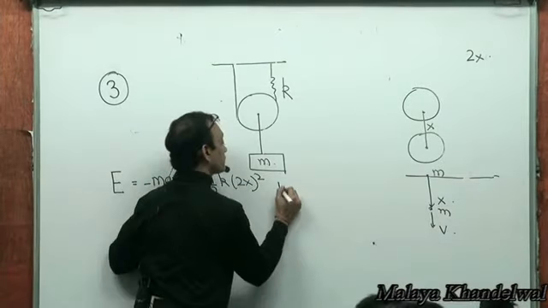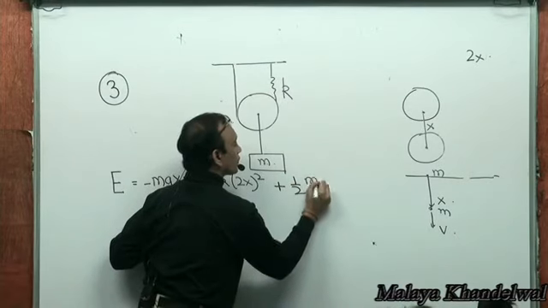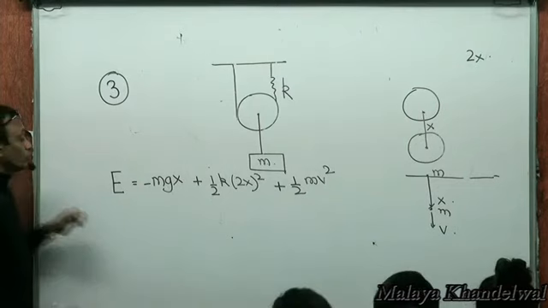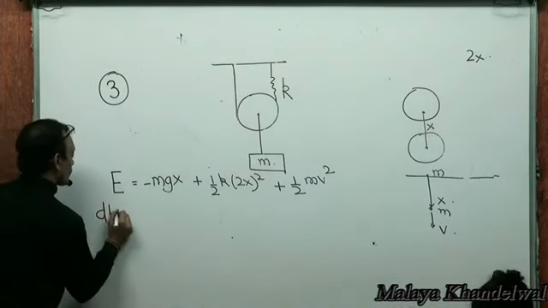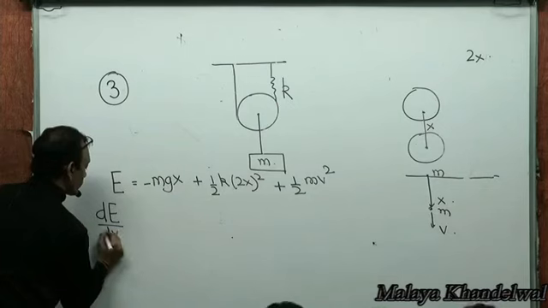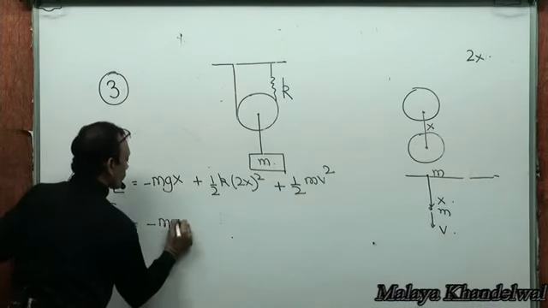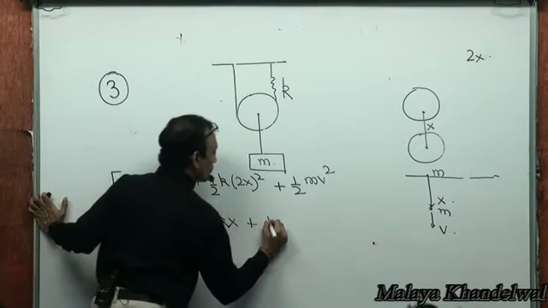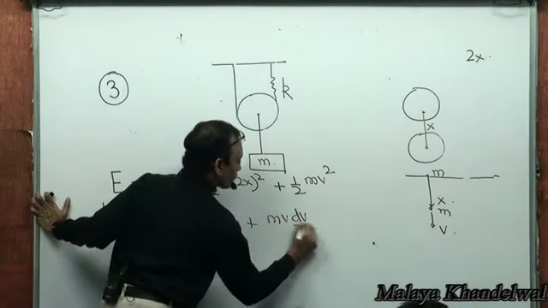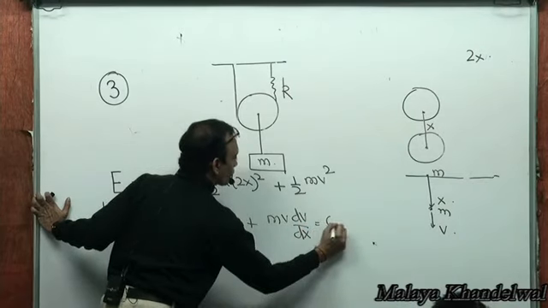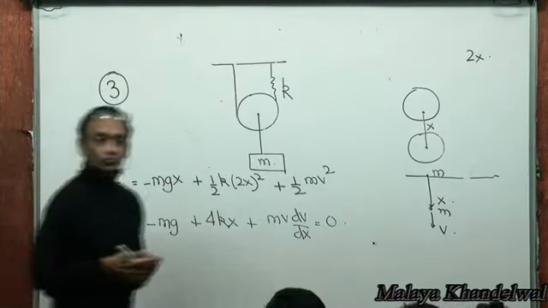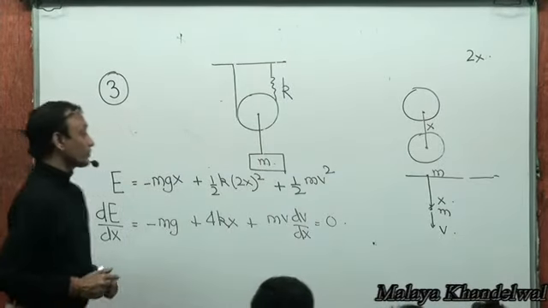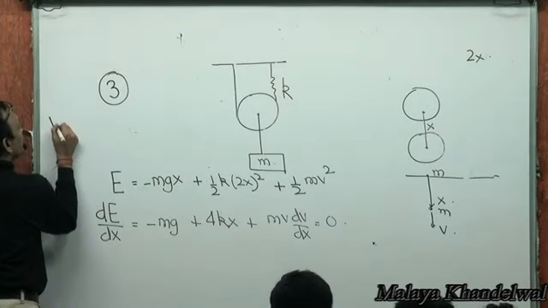Half mv squared. dE/dx must be 0. Yes or no? Right? So this gives me v dv/dx